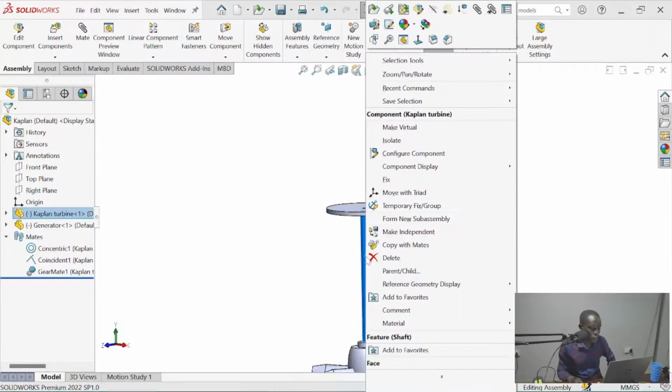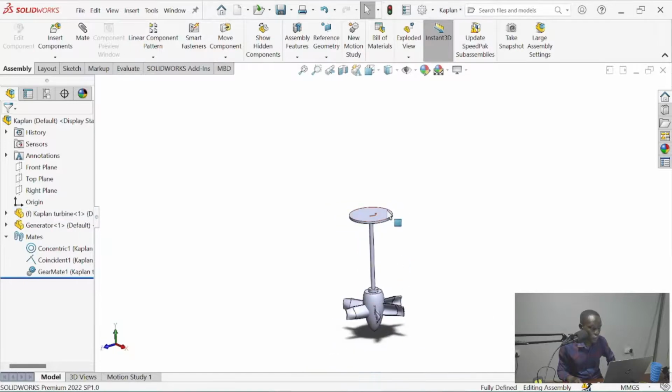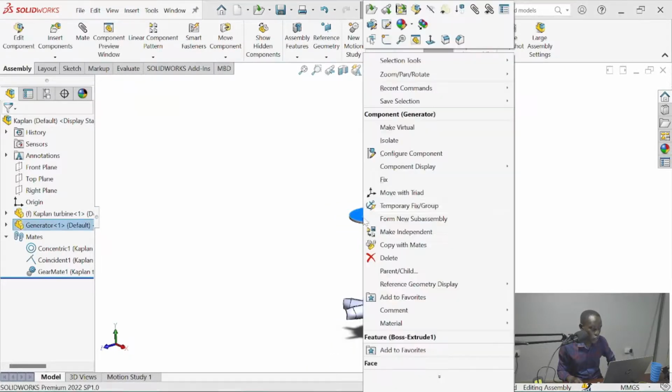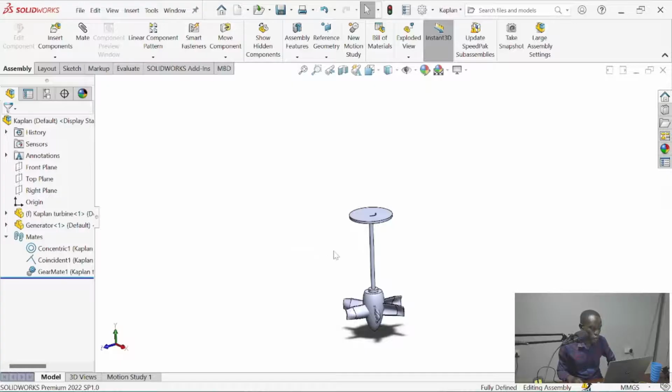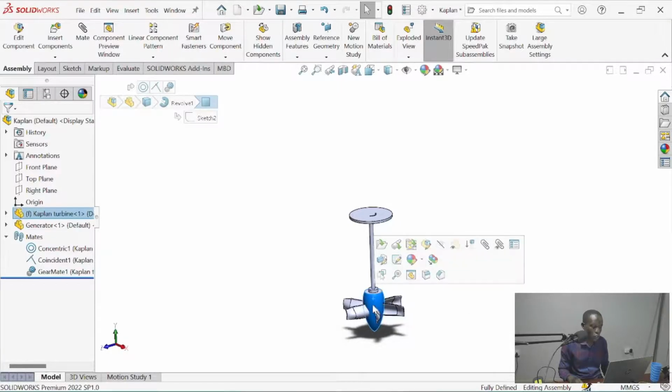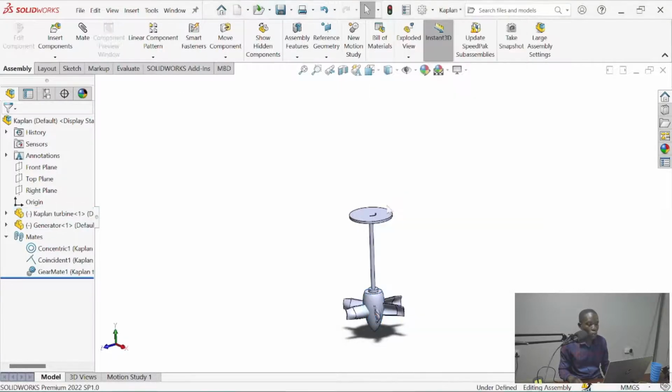Okay. If I fix this generator, it will be kind of fixed. So we need a floating arrangement for this to actually be able to rotate. You get?